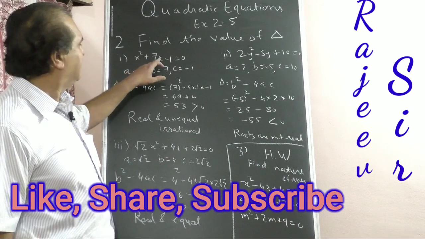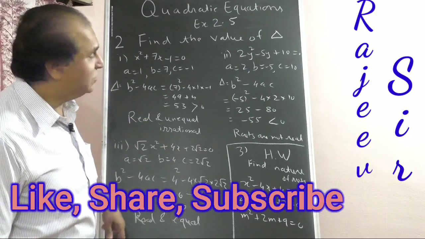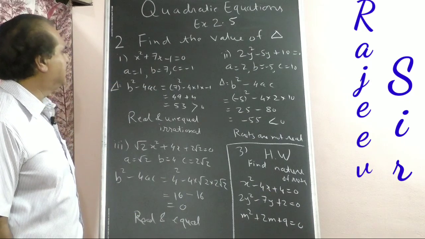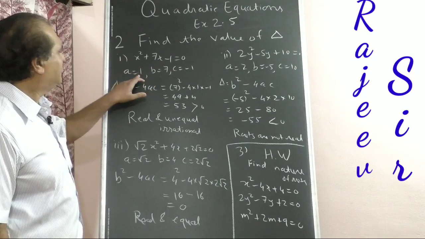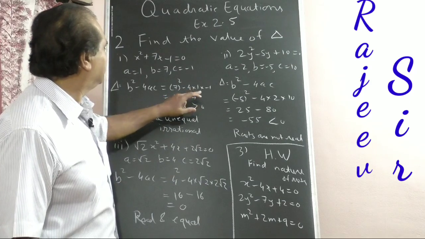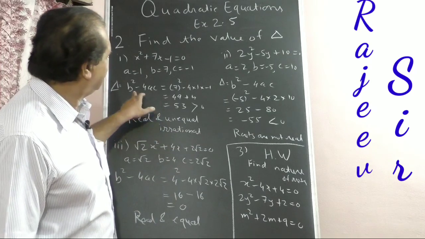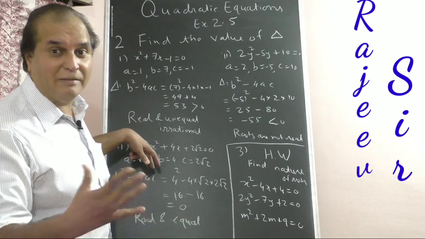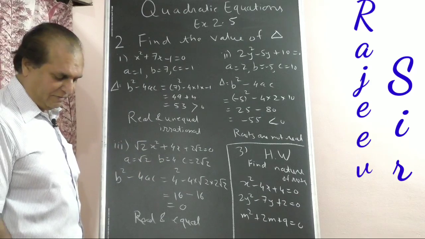First equation, x square plus 7x minus 1 equal to 0. Write below the standard equation, ax square plus bx plus c equal to 0. Simple. a equal to 1, b equal to 7, c equal to minus 1. So b square minus 4ac is 7 square minus 4 into 1 into minus 1. 4 into 1 into minus 1 is minus 4, so plus 4. 49 plus 4, 53, is greater than 0. 53 is the value of the discriminant. Actually, nature is not asked, but I am telling you extra: if greater than 0, roots are real, unequal and irrational basically.